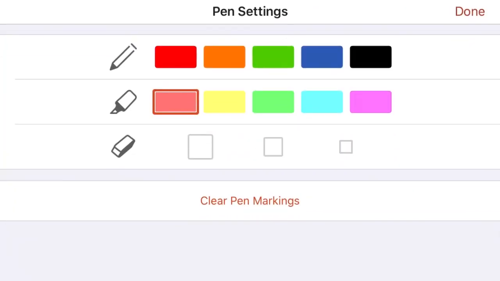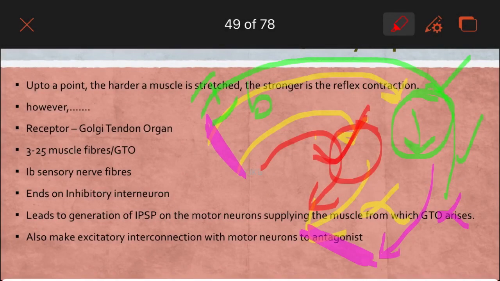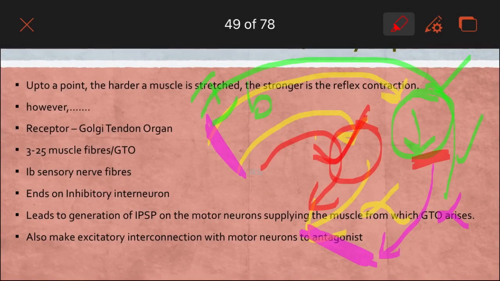But in this inverse stretch reflex, there are two synapses, 1 and 2. These 1B fibers which are carrying the sensation stimulate this interneuron, and this interneuron happens to be inhibitory. The inhibitory neurotransmitter is released, which in response will less excite the alpha motor neuron, so it will end up relaxing the muscle. Okay,